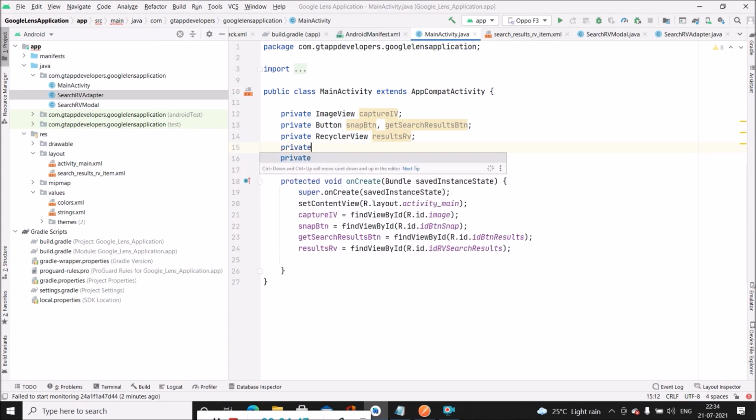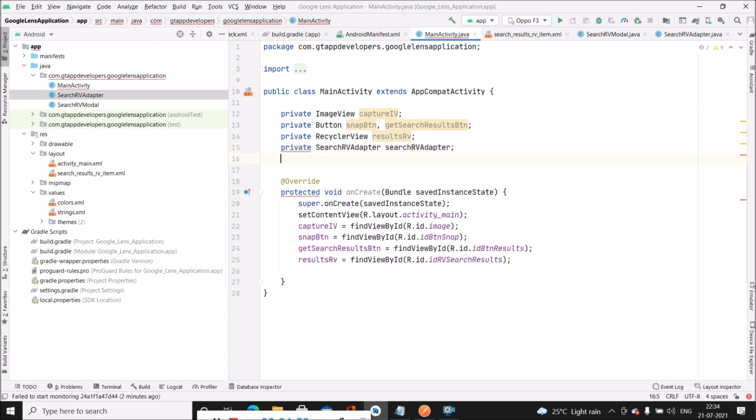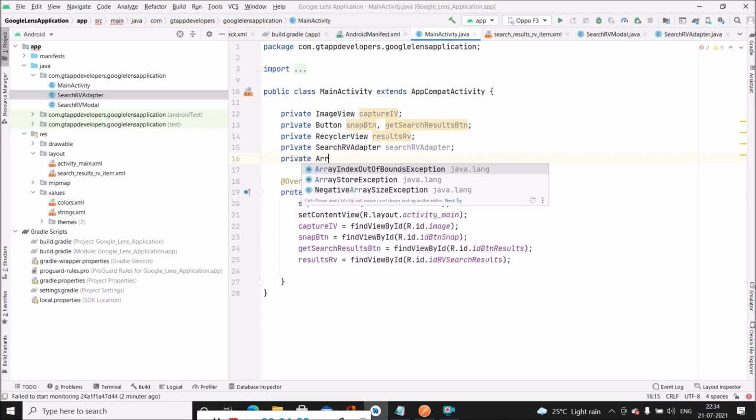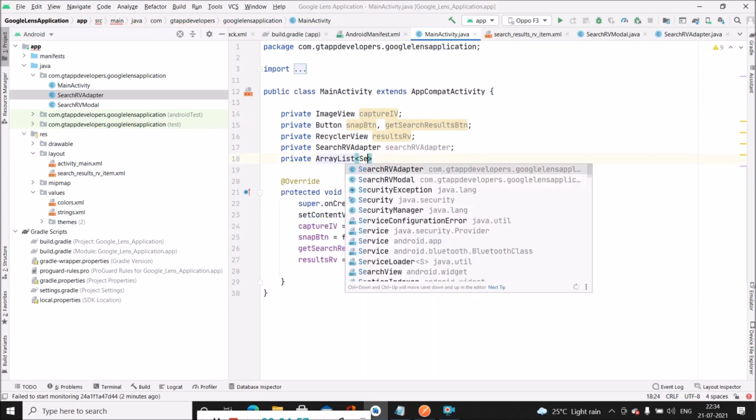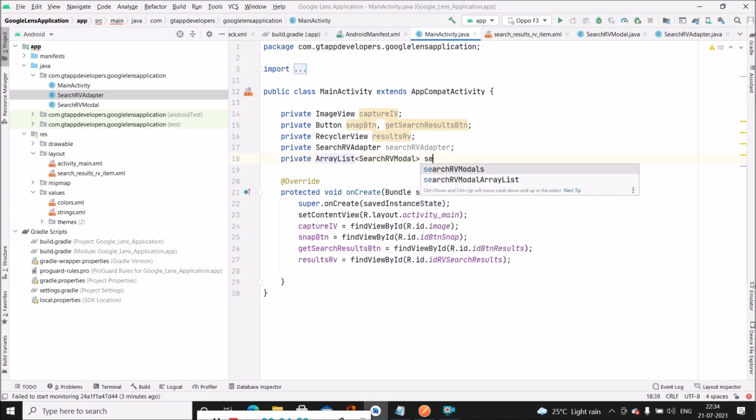So firstly we will create the variables for our search adapter, that is SearchRVAdapter, as well as the array list variable. After this we will initialize these variables.